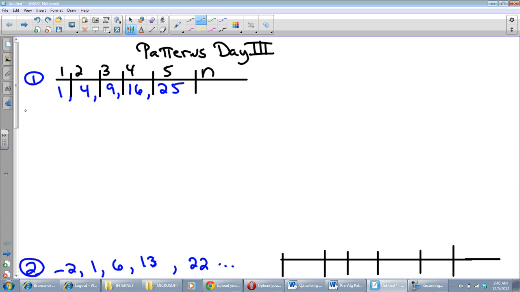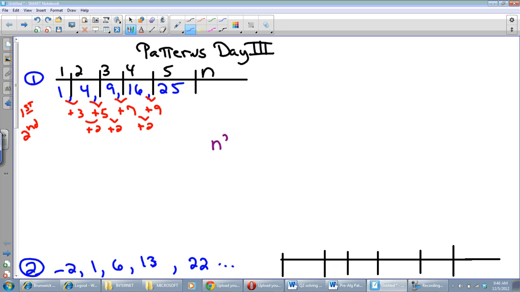All right. So I'm going to go for the first difference, just like I did the other day. Plus 3, plus 5, plus 7. Ooh, that's strange. They don't match. I am going to go down to the second difference now. This is something new. So the first differences don't match. I go to the second difference. Plus 2, plus 2, plus 2. Oh, those match. When the second difference matches, it's going to be something like